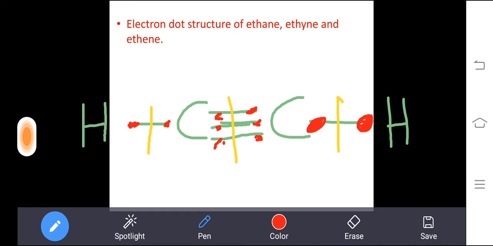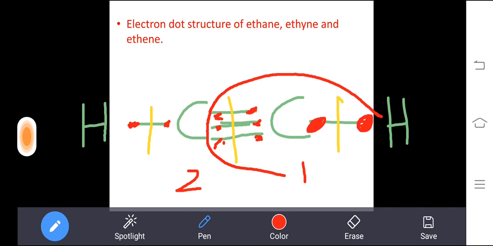So if you want to draw the circle, in the circle you want to show 8 electrons. For your understanding, I will place a number for the carbon: first carbon, second carbon. So for the first carbon I want to show 8 electrons. Here you can circle like this. What is the meaning? This carbon is now stable. See the 8 electrons. How the 8 electrons? I will use the yellow color. 1, 2, 3, 4, 5, 6, 7, 8.